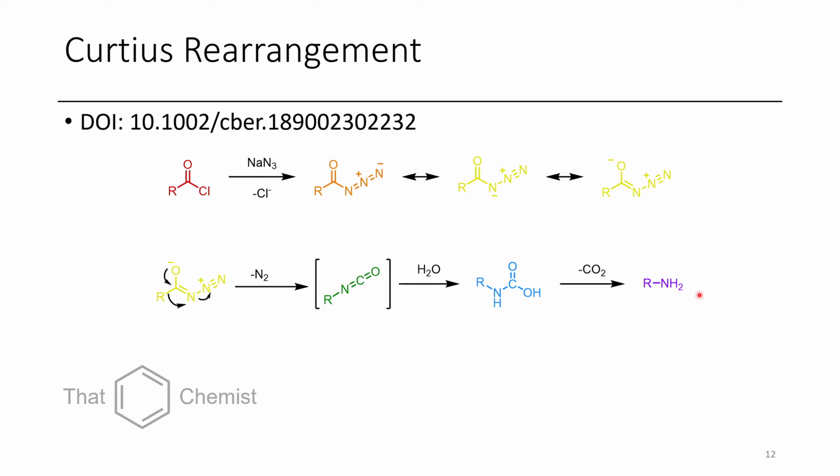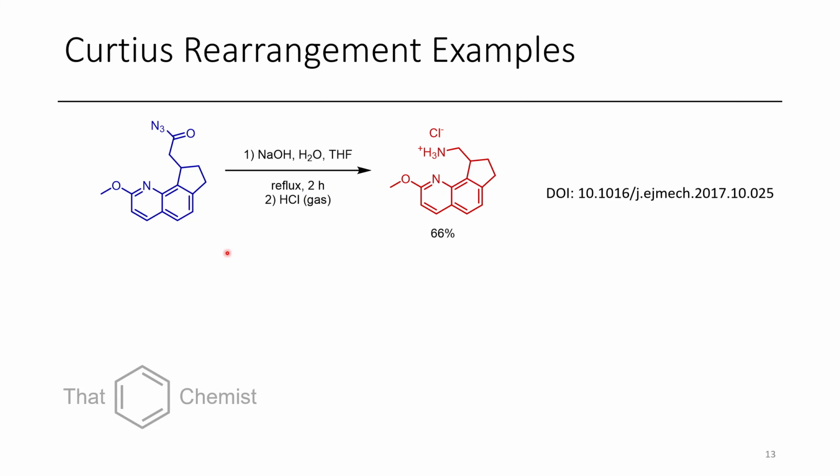Following the same process as before, we're afforded with an amine. So a couple cool examples of this include the treatment of this quinoline tricyclic system with base in the presence of water and HCl. This is then able to undergo decarbonylation and elimination of nitrogen, giving us this primary amine